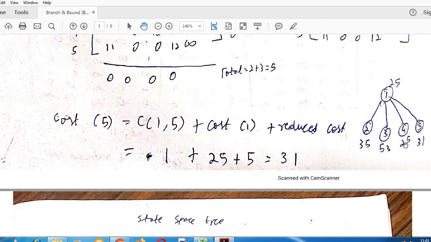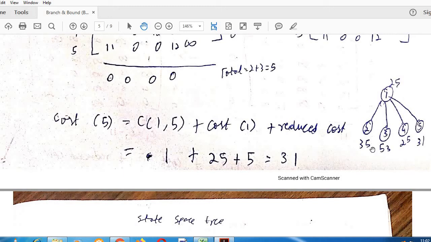So here node 4 is associated with the least cost of 25 compared to all the other nodes in that particular level. Node 2 has 35, node 3 has a cost of 53, node 4 has a cost of 25, and node 5 has a cost of 31. Among all these, node 4 has the least cost of 25. So I will select only the lower bound node,